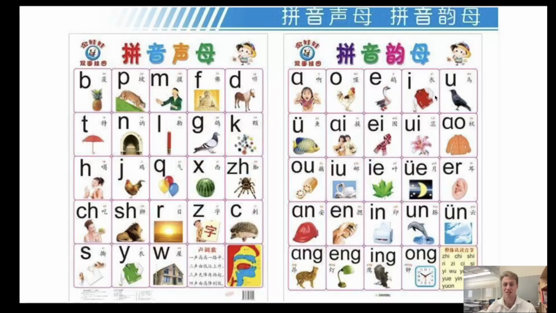You'll notice we have our simple 韵母, and then you have more complex ones below. Some of them have more unique pronunciations or writing styles, which we have listed down here. We'll go over that in a little bit more detail in a future video, but not in this one. We have, repeat after me, a, o, I, U,